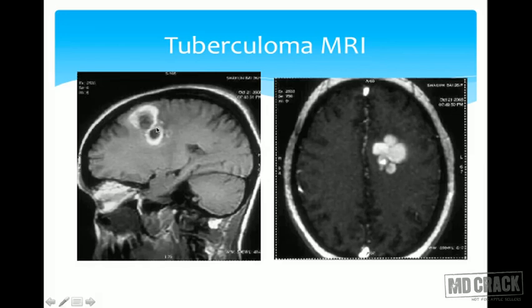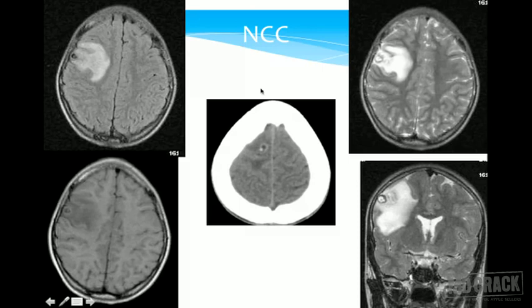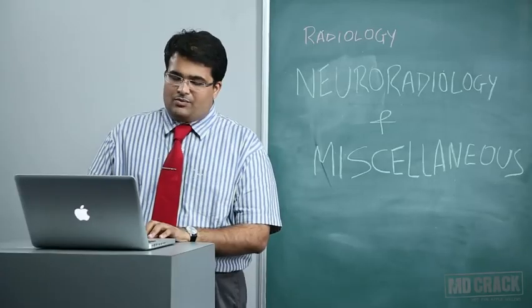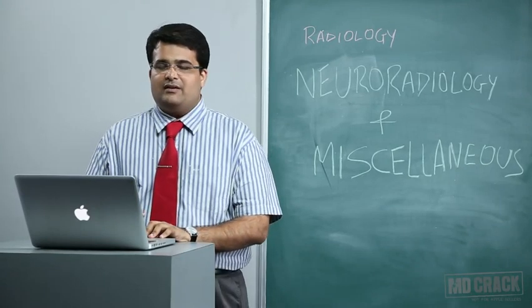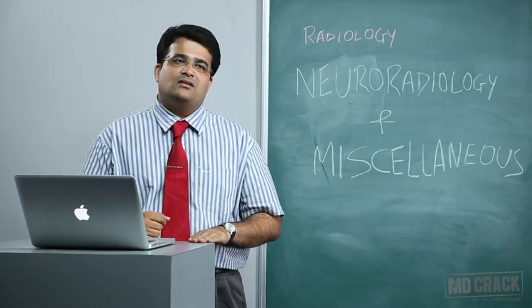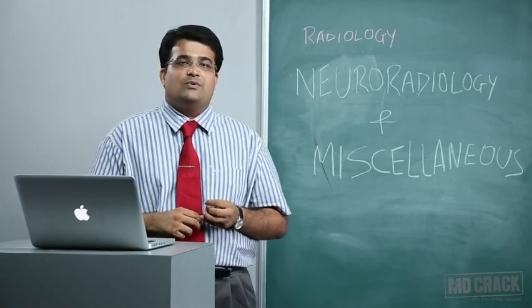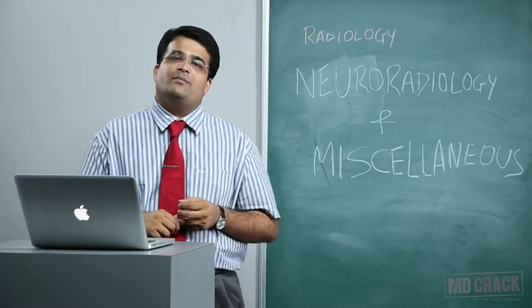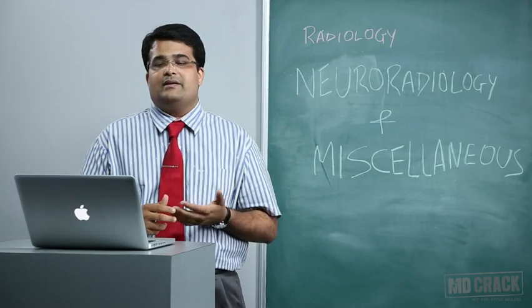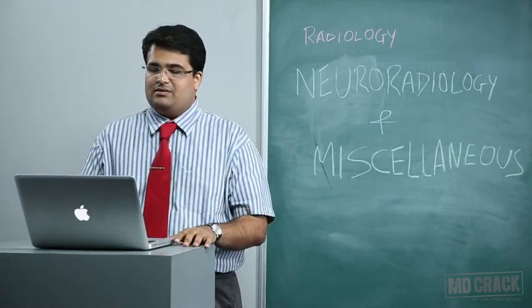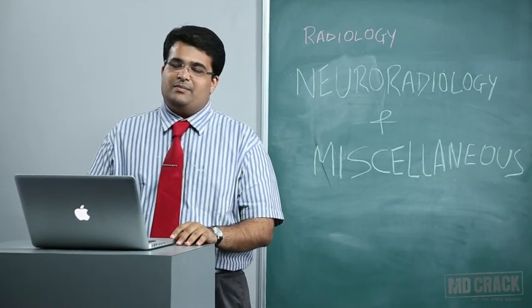This is a mixed type of pattern, but then these ultimately turned out to be tuberculomas. Neurocysticercosis, another granuloma, is frequently a cause of seizures or epilepsy within the patients. So when a patient with epilepsy comes to you, the MRI should be the modality of choice, because MRI will determine what are the causes of epilepsy. Either is it mesial temporal sclerosis, is it malformation of cortical development, is there any sort of infection, is there a tuberculoma, is there neurocysticercosis, and a host of other lesions which might be responsible for